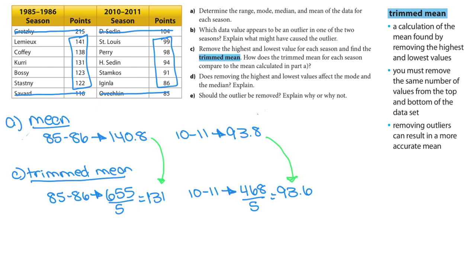So the next question is, did removing the higher or lower values affect the mode or the median? So it would not affect the median because you've kept the data set balanced and eliminated the same number of values from the top and the bottom. That central value will still stay the same. It may affect your mode in some cases if your mode is one of those higher or lower values, but in this case it didn't because we didn't have a mode. So it did not affect the median